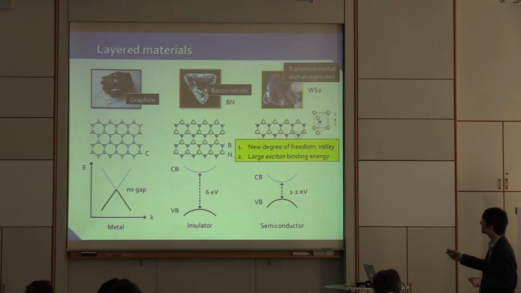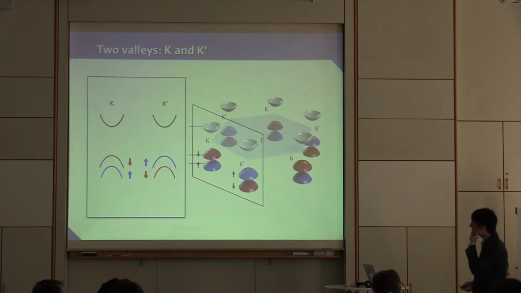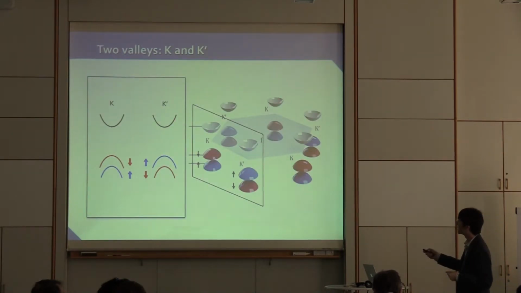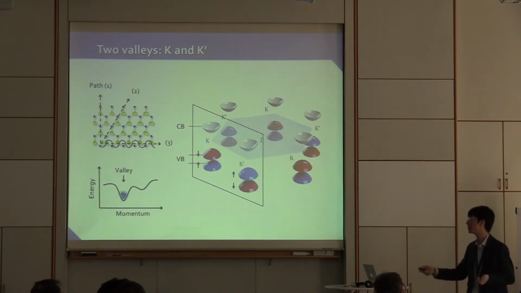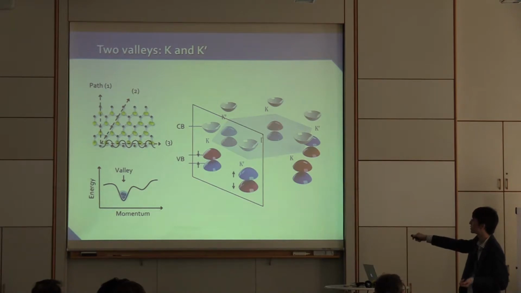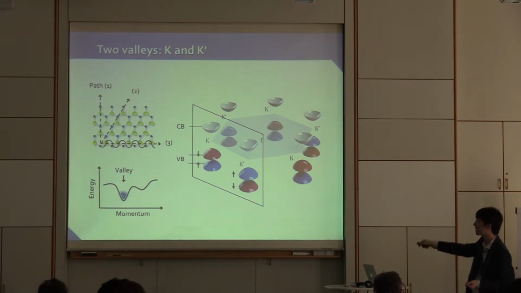And secondly, it has a very large exciton binding energy because of the strong Coulomb interaction in this material. Now, what does it mean by valley? Basically, if electrons are going through a lattice, they will experience a scattering potential between the atoms. You go in this direction, that direction, with different momentum wiggles. It will create an energy landscape as a function of momentum, which sometimes can create a local minimum, which you call